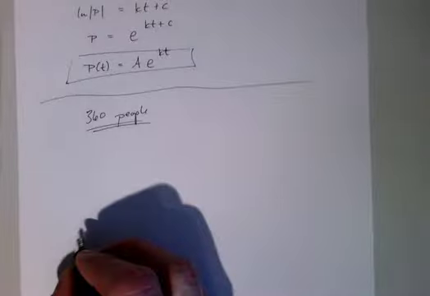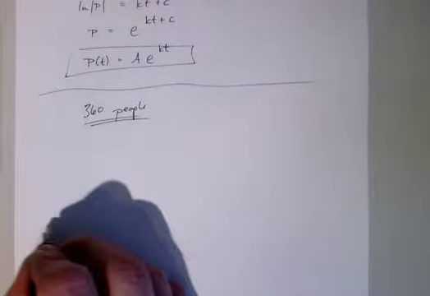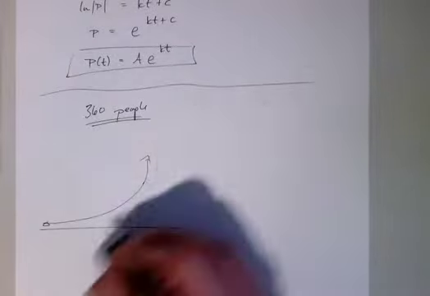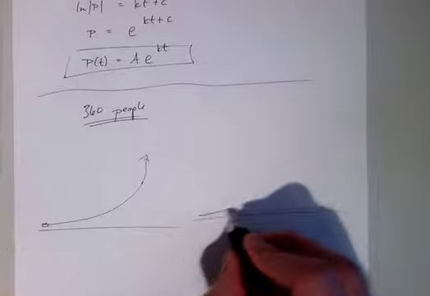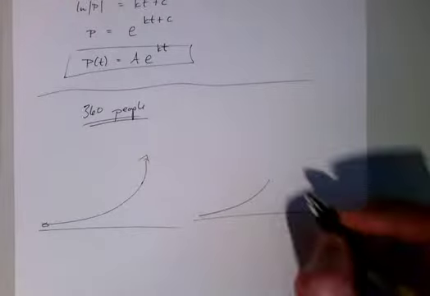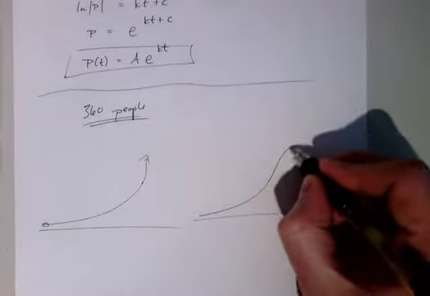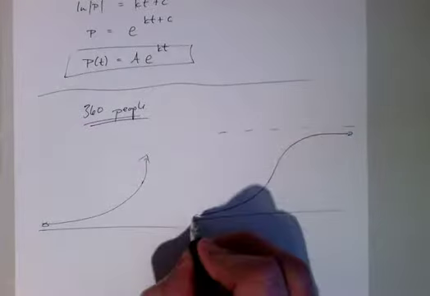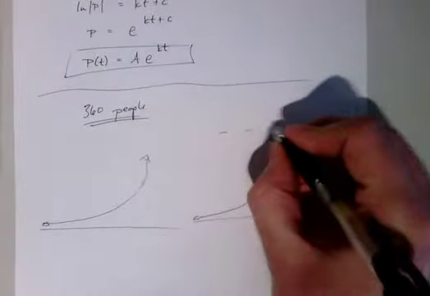So whereas an exponential curve looks something like this, right? And it just keeps going on forever. This comes up and looks about the same at the beginning, but then levels off, okay, and starts to hug what's called a